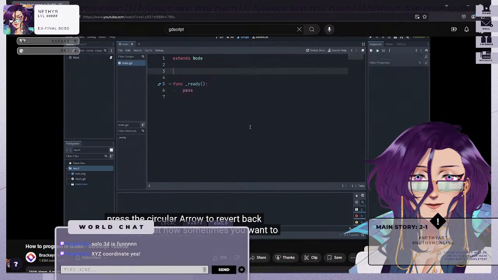Now sometimes you want to define a variable that cannot change. For this we use constants. So I'll write const for constant. We'll call it gravity. As you can see, it's standard practice to name constants with capital letters. And we'll set it equal to -9.81. Now we can use this like any other variable, but we cannot change it. If we try to do that,